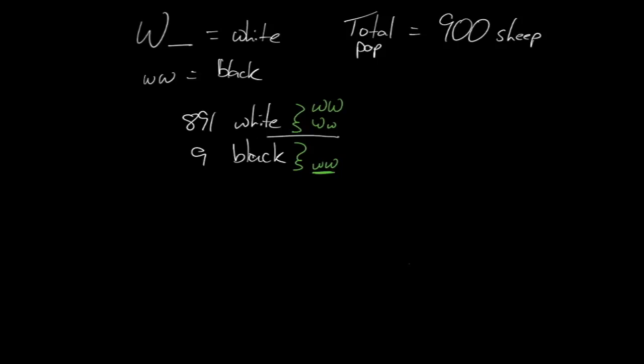So now what a lot of people would do, and this is going to be a problem for you if you do it, is they would say, okay, well, there's 9 blacks, so that tells me automatically,